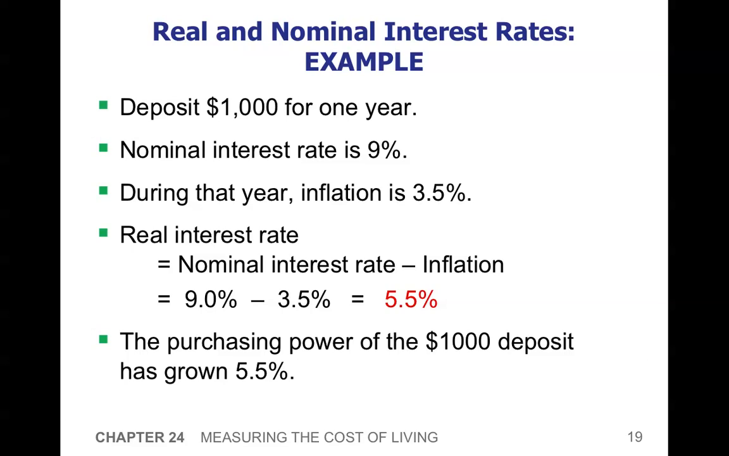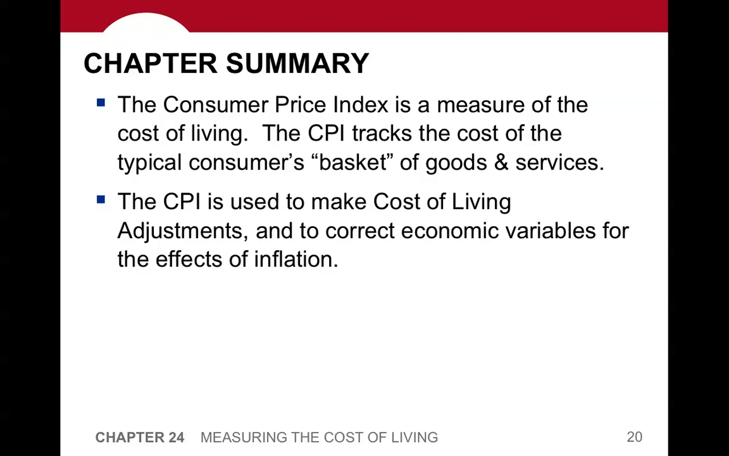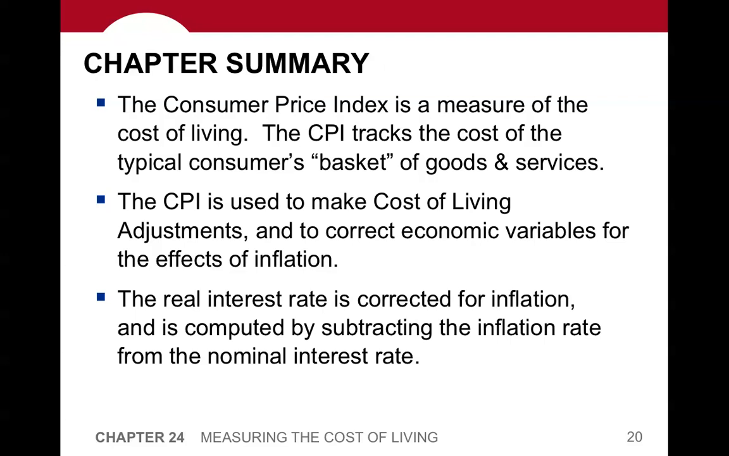Okay, we're just about finished with this chapter. Chapter summary. The Consumer Price Index is a measure of the cost of living. The CPI tracks the cost of a typical consumer's basket of goods and services. The CPI is used to make cost of living adjustments and to correct variables for the effects of inflation. And the real interest rate is corrected for inflation and computed by subtracting the inflation rate from